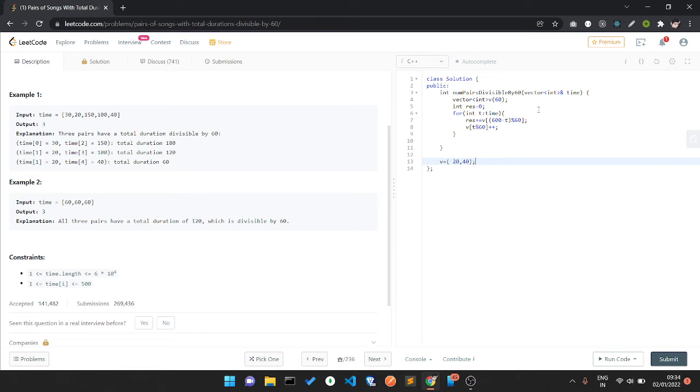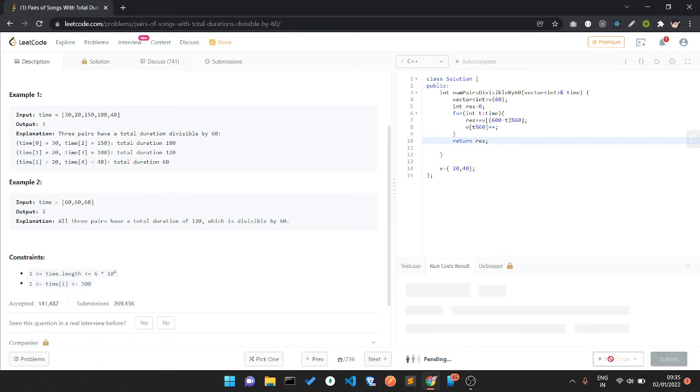Why does it give me 20? Because I take the modulo of 60. In the 20 position, 1 is present because I added it first. So it's going to add 1 to the result, and that makes the answer. After that I have to return the result. So that's a typical small and easy step to do.